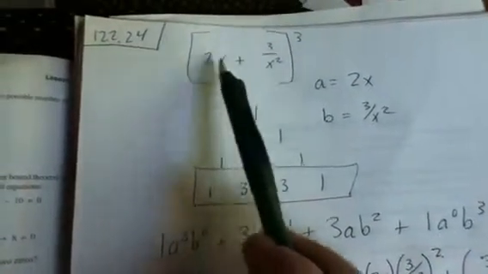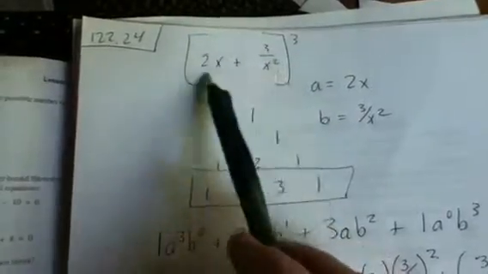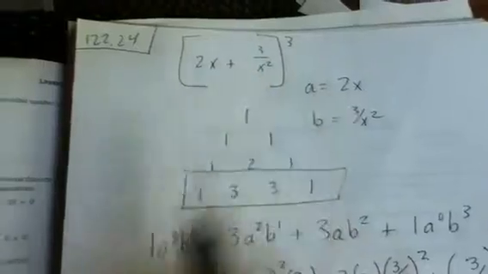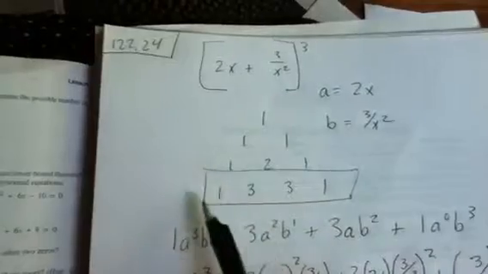I think your book calls this F and S. F for the first thing and S for the second thing. I call them A and B because force of habit. So the first thing is 2x and the second thing is 3 over x squared. So I remember that